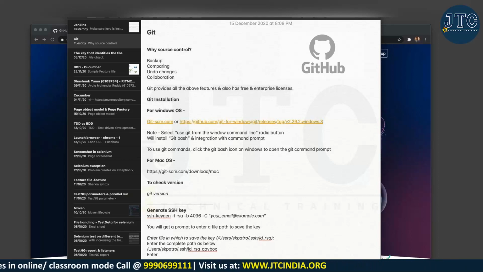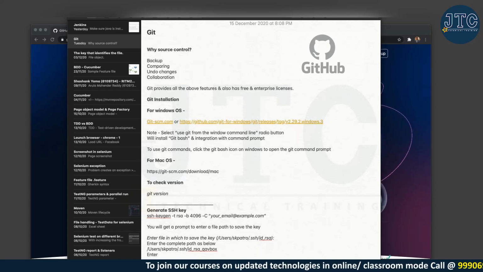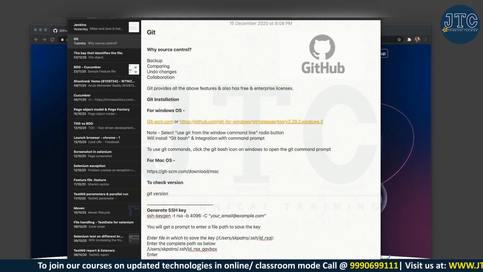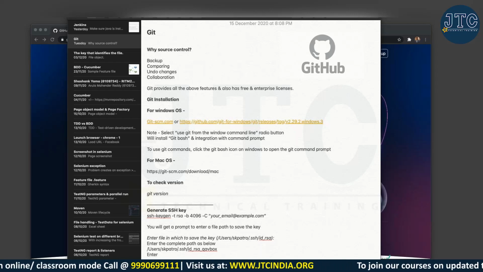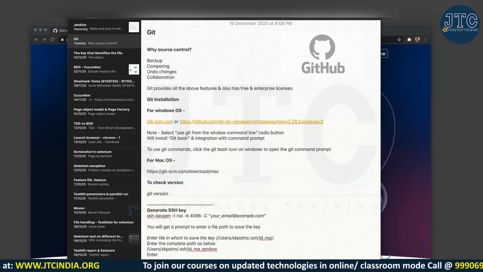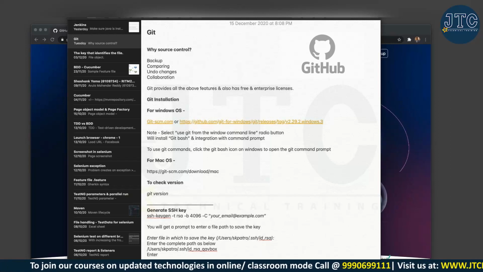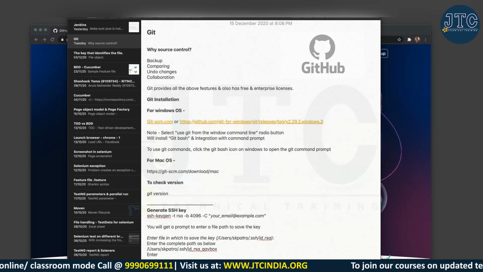Because if I keep all the code base on my system, then collaboration doesn't come into the picture. Either I have to keep my system up and running 24 by 7, or I need to find a server, which is not feasible. So that's where Git provides a GitHub account, which is an online platform. You can go to github.com and create your own account, because it is free to use. I think starting from 2020 they are giving some private repositories also, which nobody else can see. For your practice purposes, you can make it open source; no need to make it private.